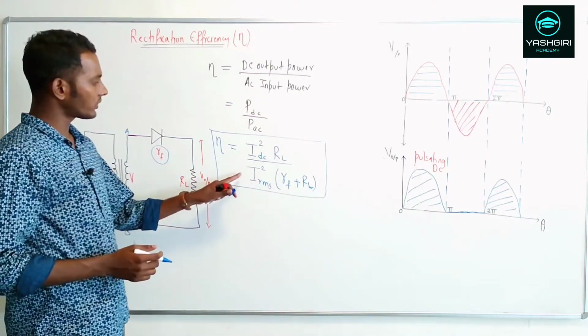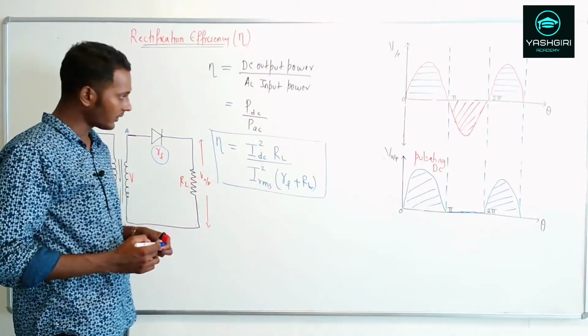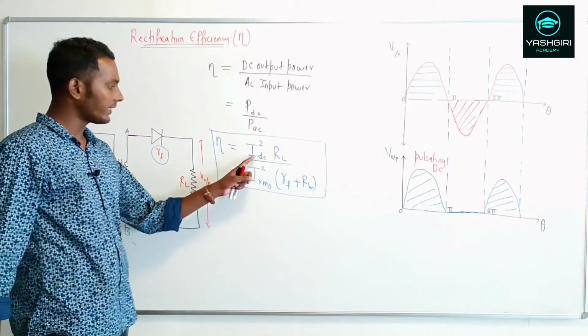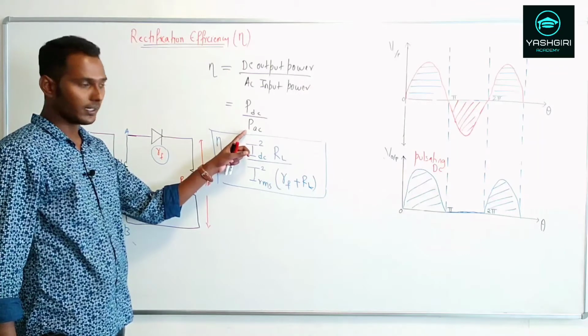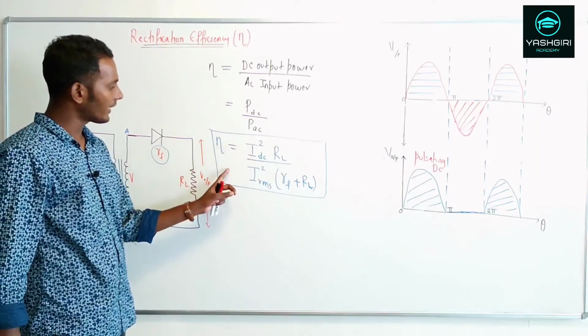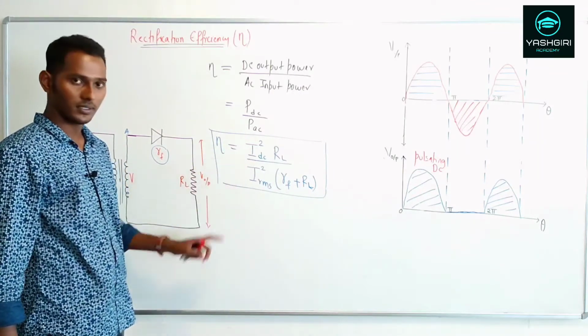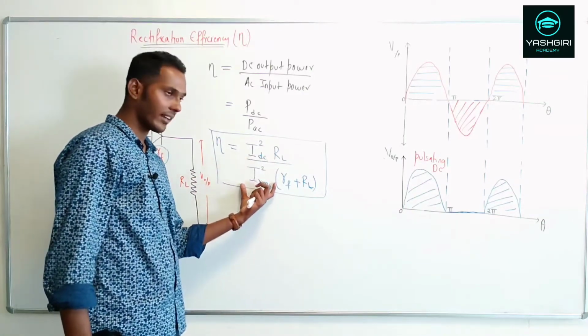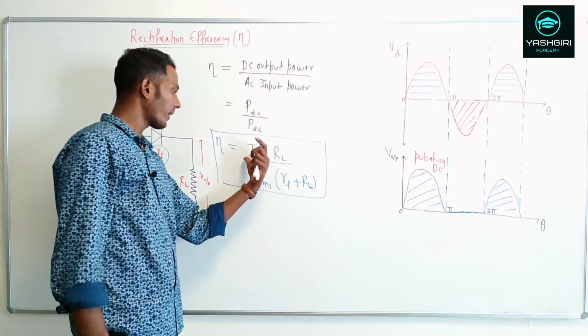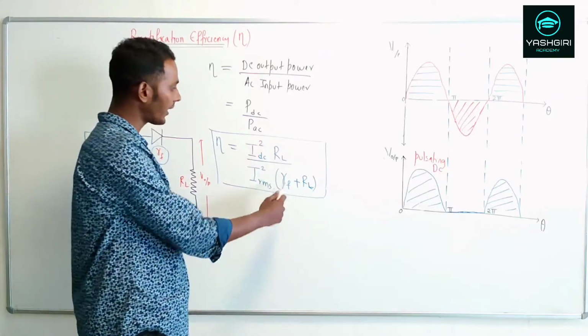Now if I want to solve this efficiency in terms of percentage, I need to solve this IDC first, that is the power DC and power AC have to be obtained, and then we can go for the next step, that is in terms of percentage. So let's try to calculate this IDC first and the IRMS value, okay, and then let's resubstitute these values and try to work this out.